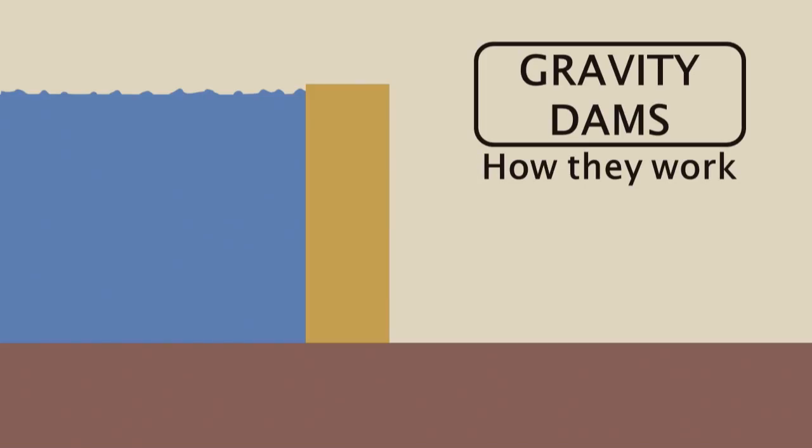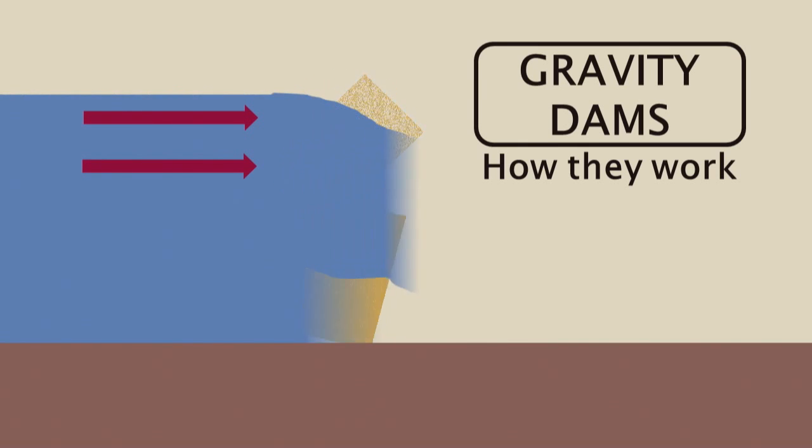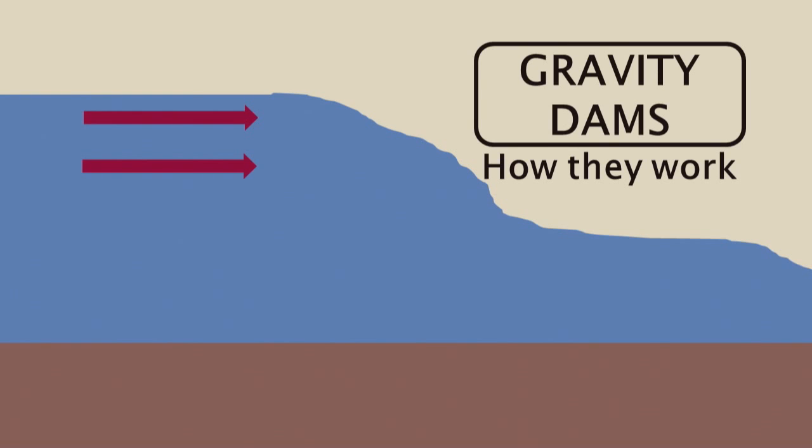This type of dam depends on its construction to counter the weight and pressure of the water pushing against it. This is how a gravity dam works. If a dam meant to hold back water was built straight up and down with its base the same thickness as the top of the dam, the result would be as follows. The water behind a dam pushes on the dam with enormous pressure. The taller the dam, the farther it is from the force of gravity. As a result, the dam would be less capable of withholding the force of the water at the top of the dam. The results would be disastrous. The dam would collapse.